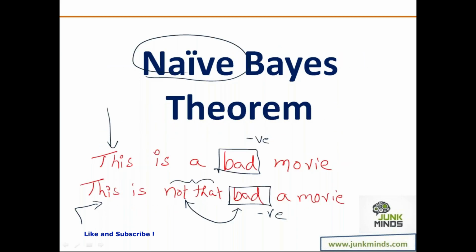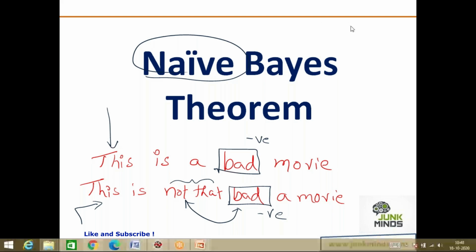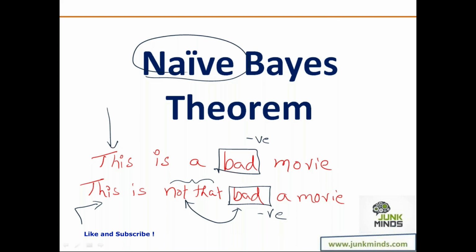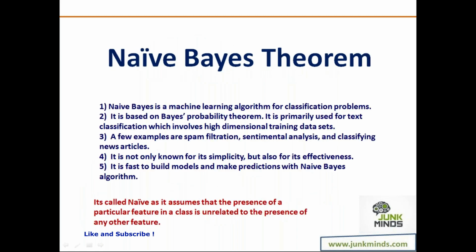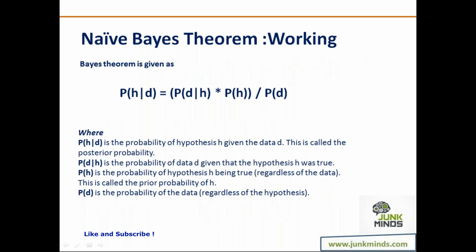So what we need to understand is the concept behind the Bayes theorem. Currently we are just trying to understand why Bayes theorem is required and how it is going to help us in sentiment analysis. Now, how exactly does this work? Now guys, understand this. The whole concept of Bayes theorem works on the concept of posterior probability.